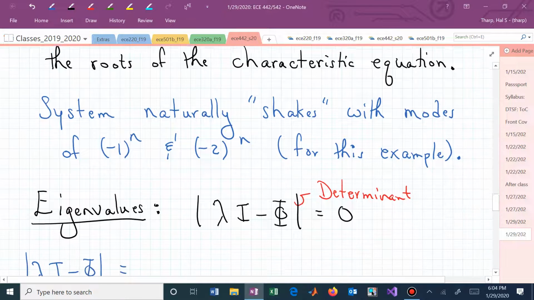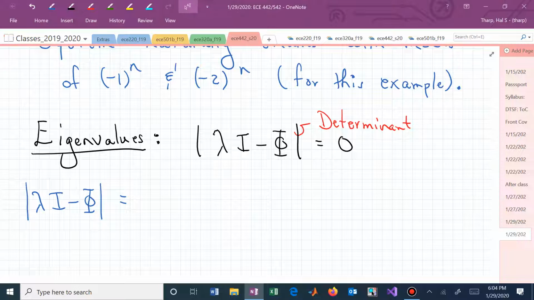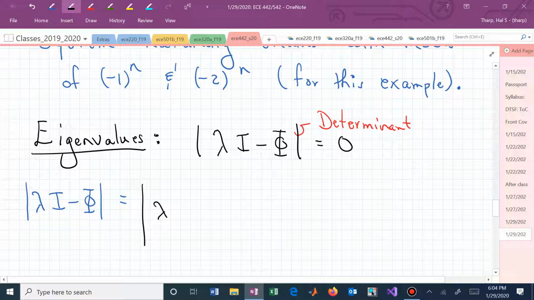We can convince ourselves of that by looking at the determinant. That's what these vertical bars mean, the determinant of lambda I minus phi. Set that polynomial in terms of lambda equal to 0, solve it for lambda, and we better get lambdas equal to -1 and -2. Let's do that. We now have lambda I minus phi. What's the size of I? The I is 2 by 2, isn't it? So in this case, we have lambda times a 2 by 2 identity minus our system matrix,